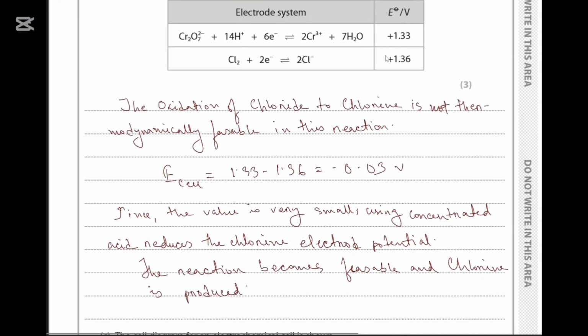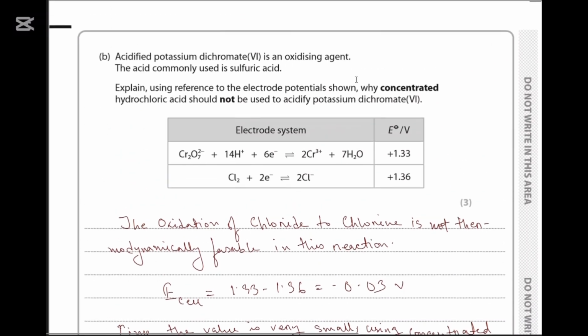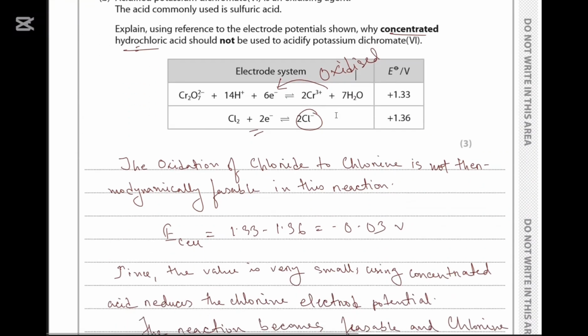I'm asked why I cannot use concentrated hydrochloric acid, which means the concentration of Cl minus is greater. So I cannot use this at higher concentration to acidify this one. So basically, this is the reverse equation, which means it's oxidized. Okay, it's oxidized, so I cannot use it to oxidize this. Why? Because you can see